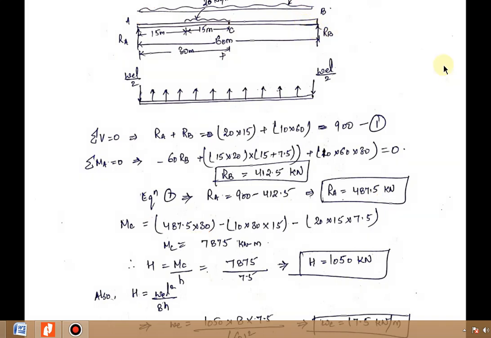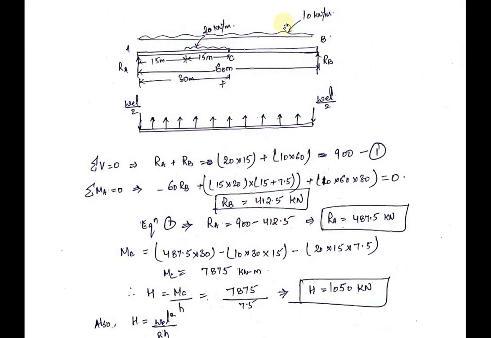Now let's see the next force. So the next force is your dead load. So this 10 kilonewton. So first convert this dead load into point load. So 10 into this span. The left of C point is 30. So 10 into 30. Now this point load will act at a distance of half of 30. So the perpendicular distance will be 15. Now this dead load is acting in the downward direction, so this dead load will produce an anti-clockwise bending moment about point C, and if the left movement is anti-clockwise, the bending moment is negative. So minus 10 into 30 point load into perpendicular distance of point load from the C point, 15.